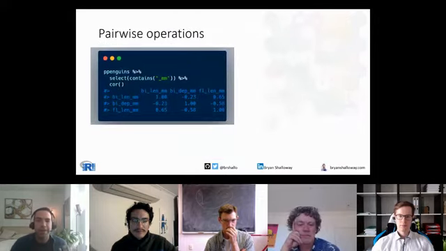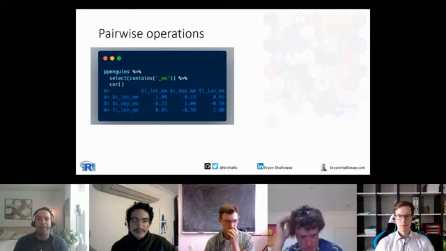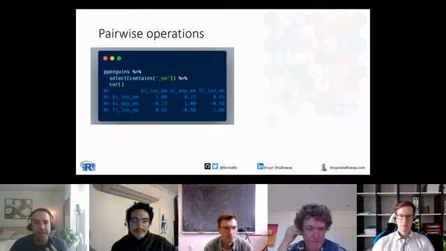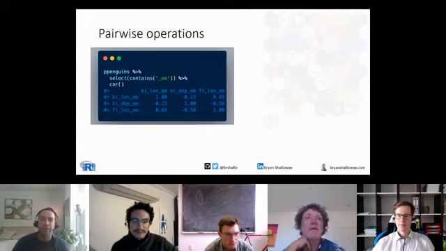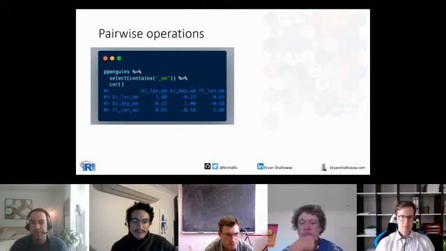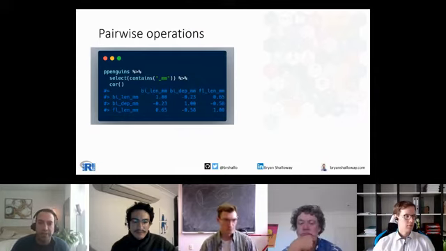Okay, so when I talk about pairwise operations, I mean any operation that you apply to all pairs of a set of vectors. I think that probably the most famous or classic example of a pairwise function that comes to mind is the cor function in R. You give it a data frame, which is just a list of vectors of equal length, and it returns the correlation between each of the pairs. In this case, I'm just selecting 3 columns to pass into the cor function.